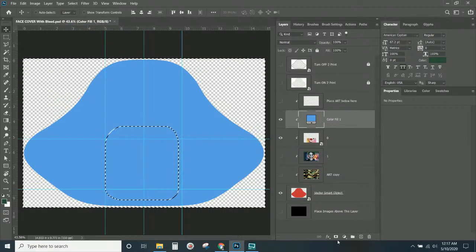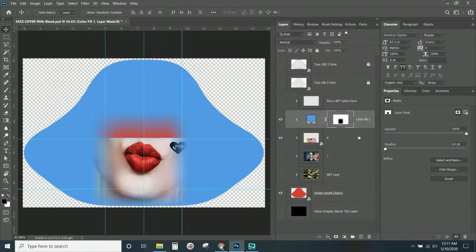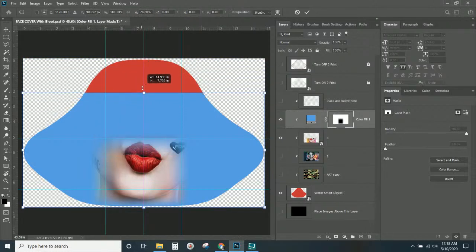Select the inverse here. Okay, so now this layer mask is going to be pretty much a coverall. So what you'll be able to do is Control T, which is a transform. If you hold down Shift, you can squish it like you want. But essentially what I'm doing here is creating some type of fade off,